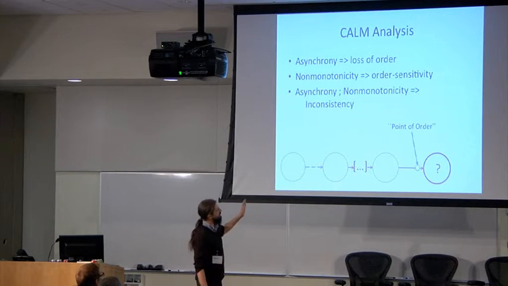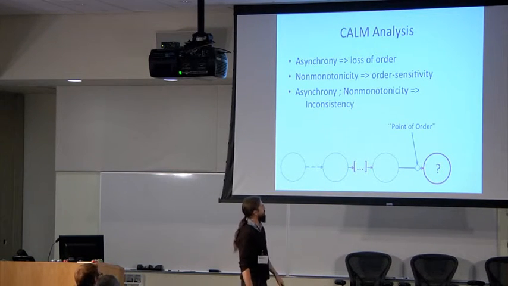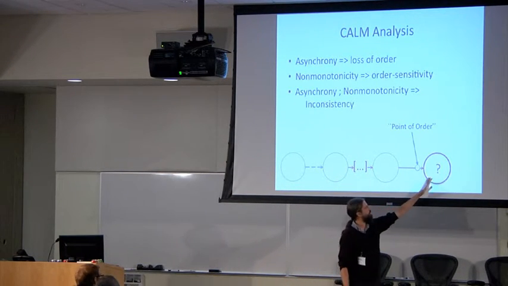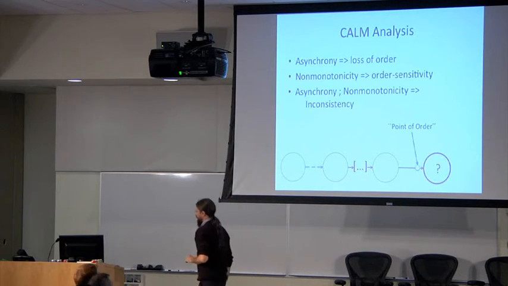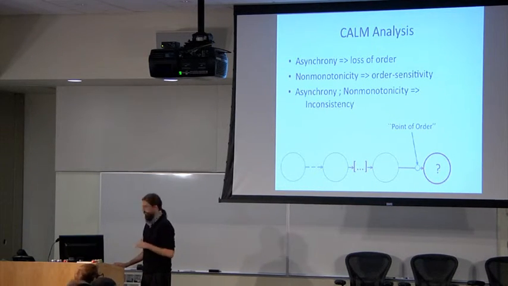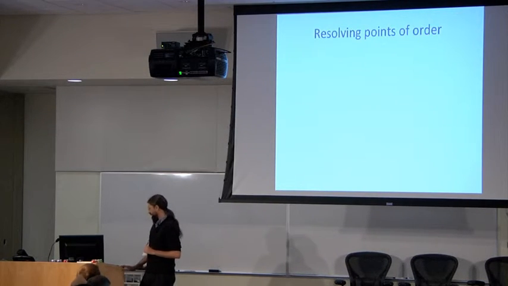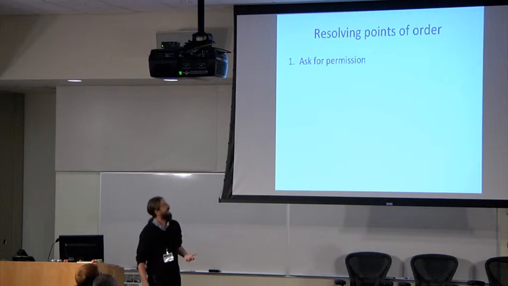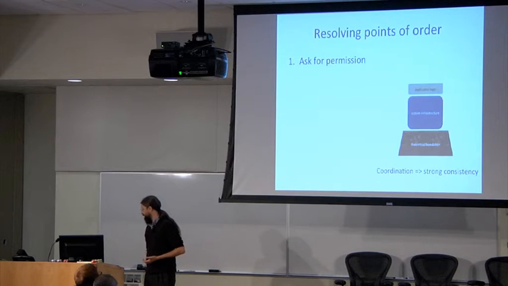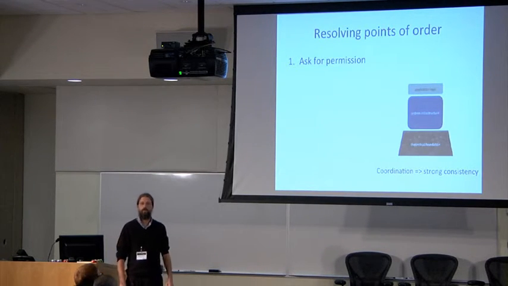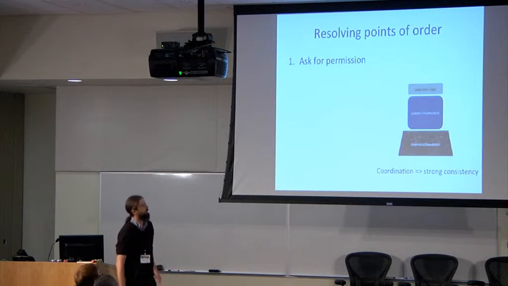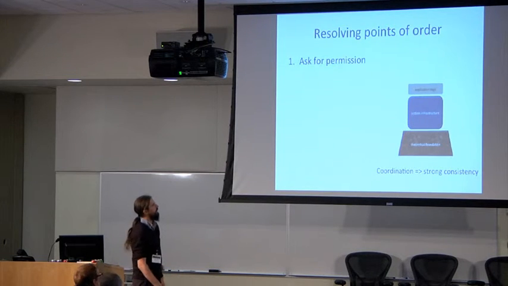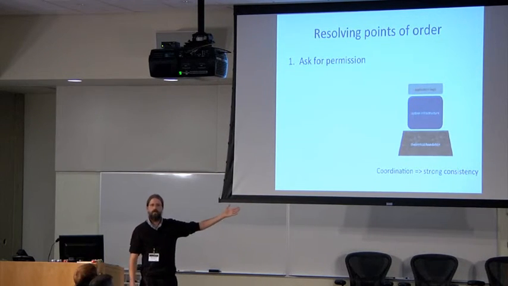So lots of computation and communication can happen as we flow through this data flow. You might be able to get away with doing some really cheap replication out here. But before you do anything with the downstream data, you might need to be extra careful. We call that a point of order, or a POO, if you like. But what do you do about a point of order? Well, I already hinted at one of the things you do, the conservative thing. You sort of ask, right? You coordinate. You run a round of two-phase commit, or Paxos, or you run all your messages through a group communication system that makes sure that they get delivered in an order that your application needs because you know something about your non-monotonic operator. And this corresponds to the ACID tradition, right, in databases.